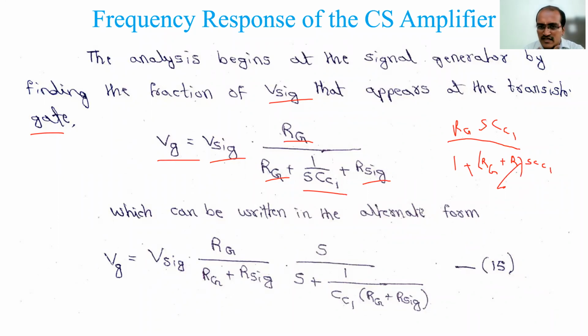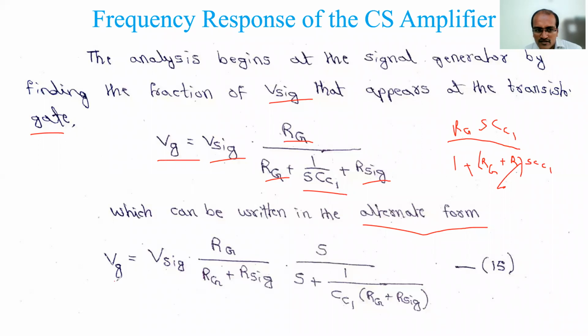This can be written in an alternate form. What is that alternate form? In the low frequency response, high frequency response we have done, any circuit can be reduced into an R into C form, resistor and capacitor form, that we call single time constant circuits, and it's low pass type, high pass type and so on. Based on that we can find out the frequency part easily. That is what we are doing now. The same equation I have written above, I can write like this.